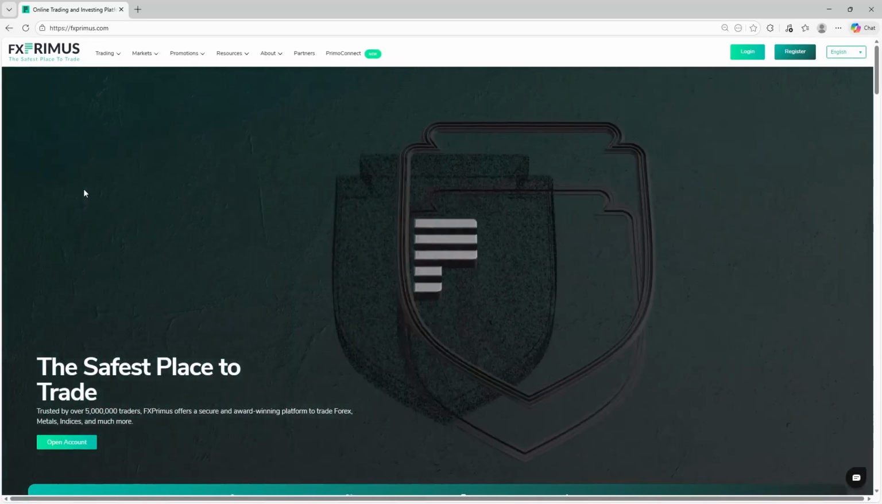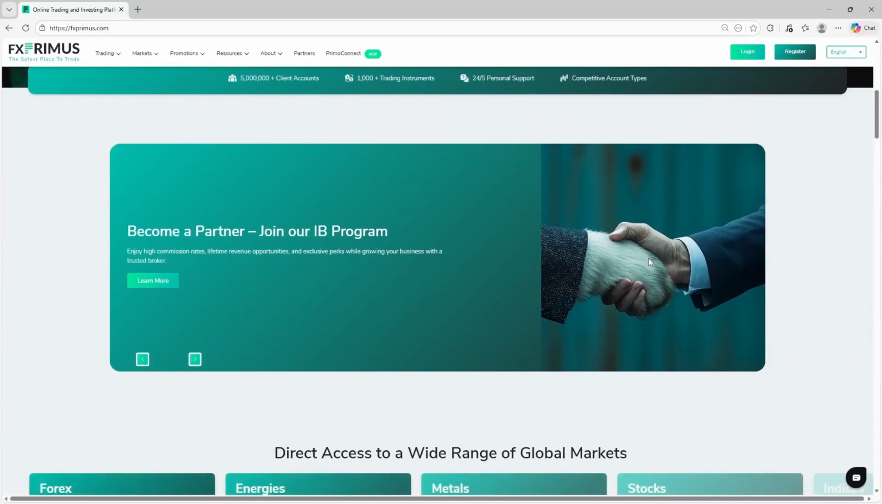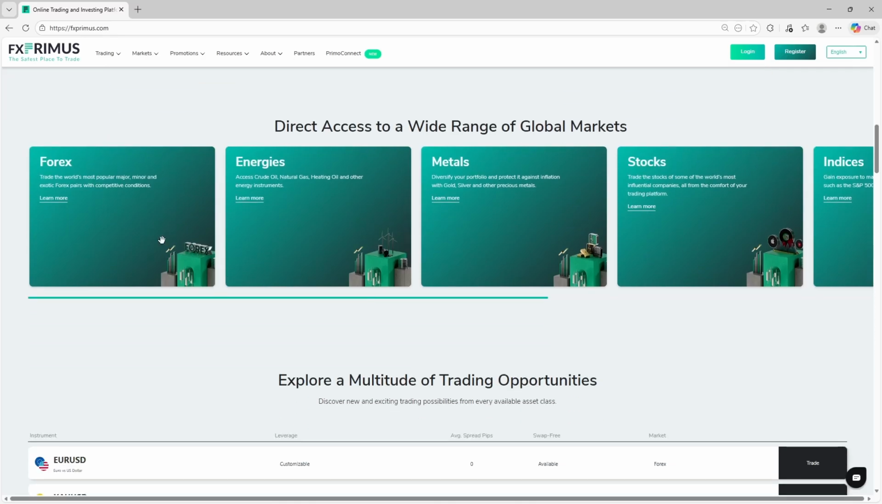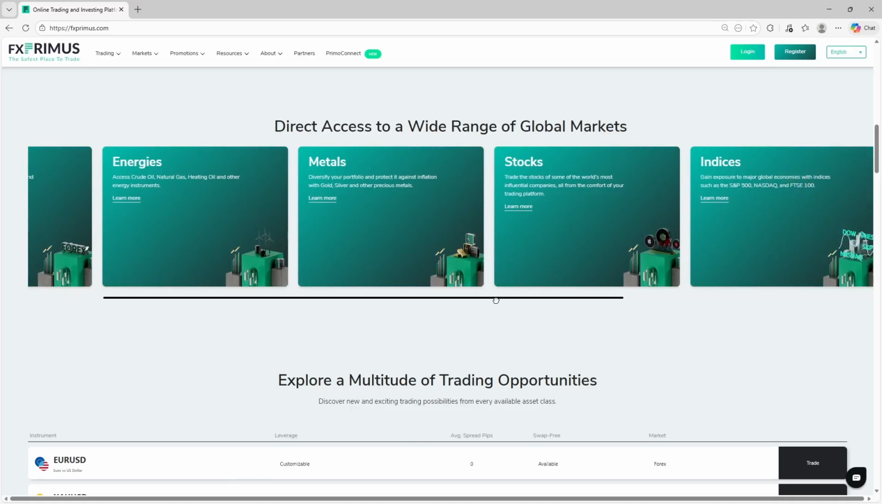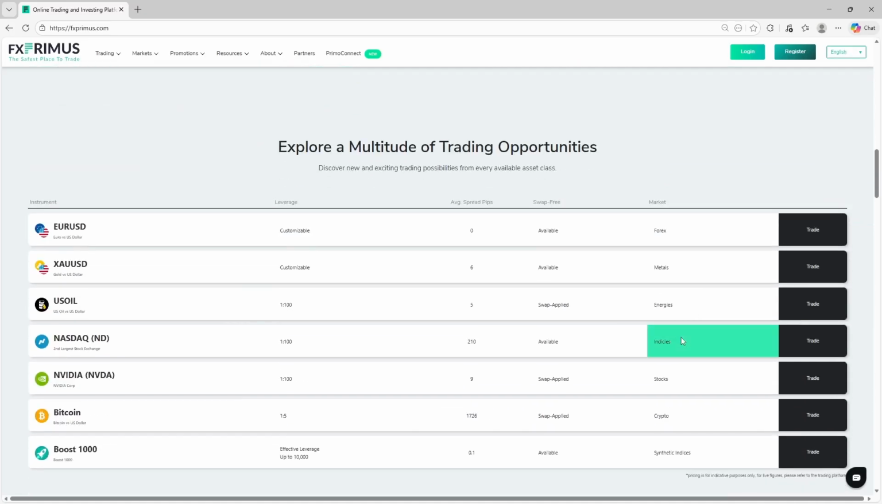On the Pro side, FXPrismus offers flexible account structures, high leverage availability, multiple pricing models to suit different trading styles, and compatibility with industry-standard platforms. Traders who understand spread versus commission trade-offs can fine-tune their costs based on how frequently they trade and which instruments